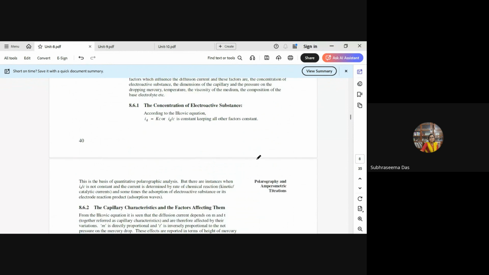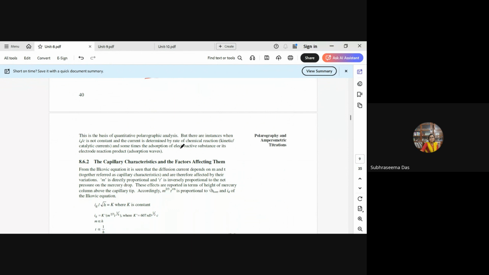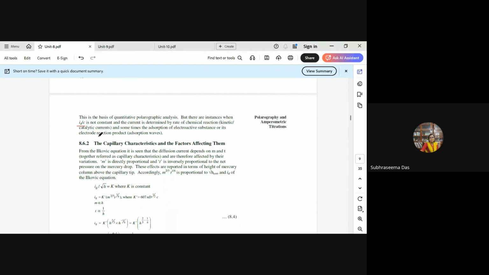So first we'll start with the concentration of the electroactive substance. From the Ilkovic equation, we know that ID is directly proportional to C, or ID can be written as K into C, where K is the proportionality constant, or overall we can say ID by C is equal to constant, keeping all the other factors constant. So this is the basis of the quantitative polarographic analysis. But certain observations have been made where ID by C does not remain constant, and the current is determined by the rate of the chemical reaction and sometimes the adsorption of the electroactive substance or its electrode reaction